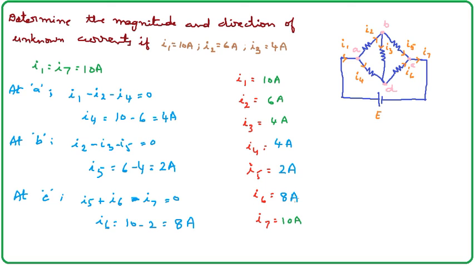So that's all. This is a very simple problem on Kirchhoff's current law. The definition of Kirchhoff's current law is that at a particular node, the sum of all the currents is equal to 0, or at a particular node, the sum of entering currents is equal to the sum of leaving currents. Right? Very simple concept. Based on this, we can go ahead with nodal analysis, which is a very important concept in network analysis.